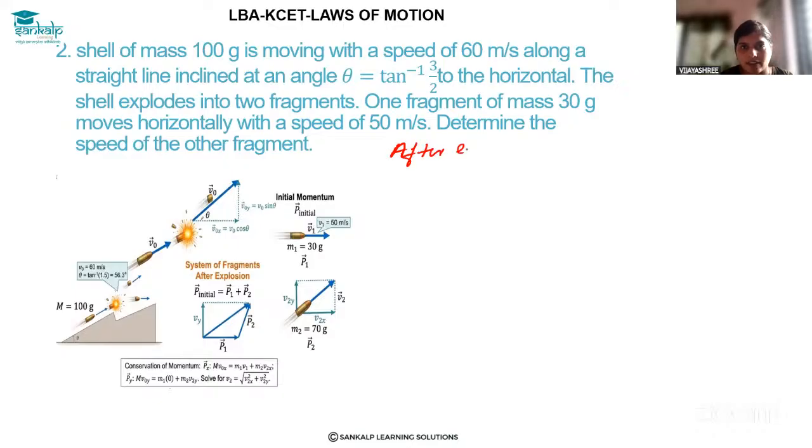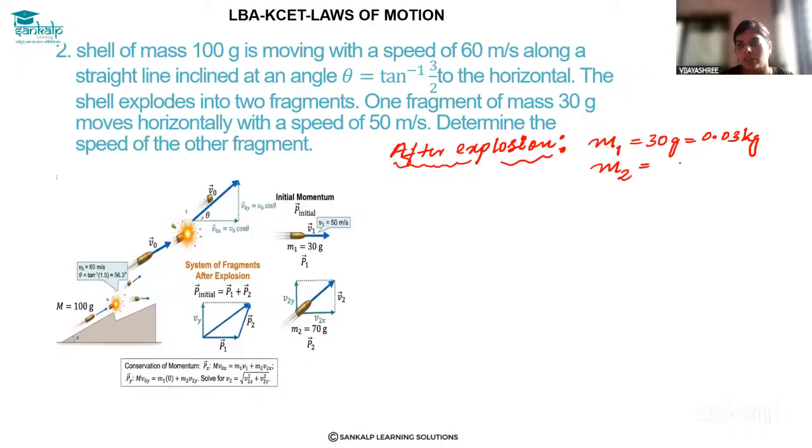After explosion, M1, mass of the first fragment, is equal to 30 gram, which when converted to kg is equal to 0.03 kg. Similarly, mass of the other fragment, taking it as M2, is equal to